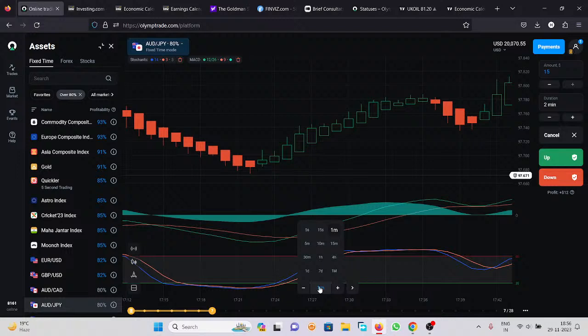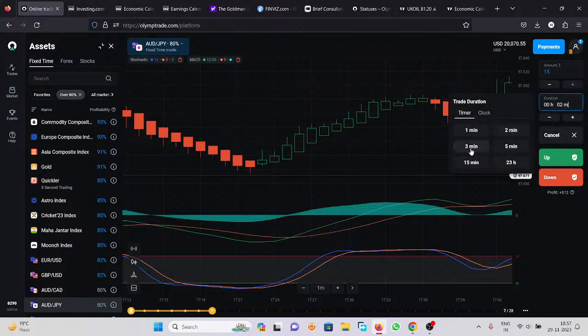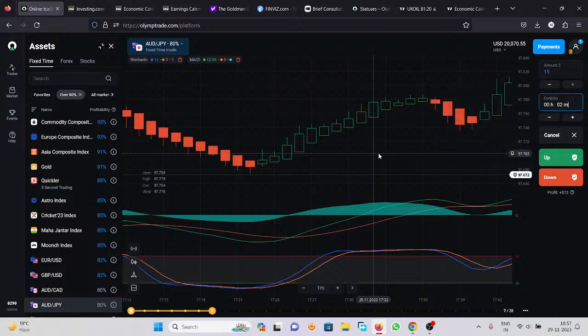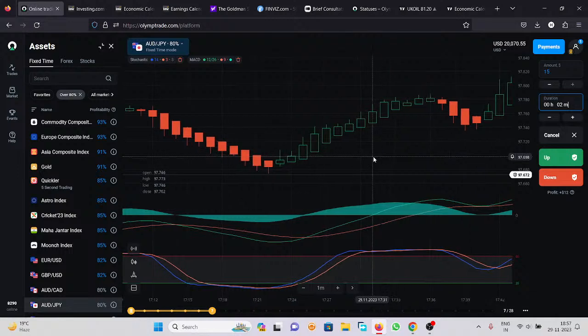If you are loving to open the trade with some higher time frame, you can open the trade by that one also, as well as the forex also. Recommended time frame is 1. Here duration of trading, I suggested you from 2, 3 or 4 minute time frame. However, it's working according to 2 to 5 or 3 to 5, but 2 or 3 minute time frame on an average is a good time frame.